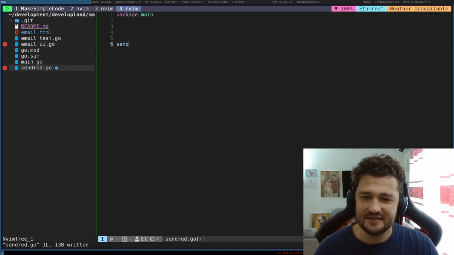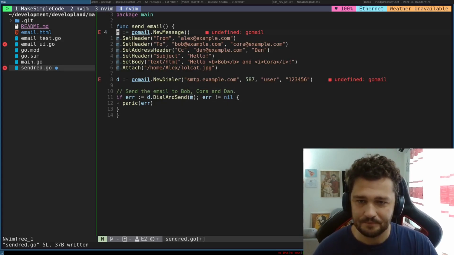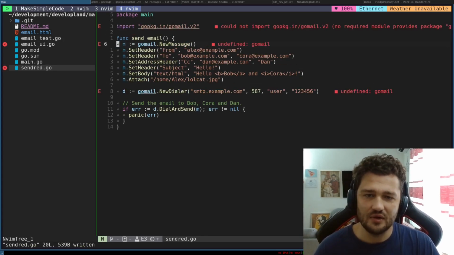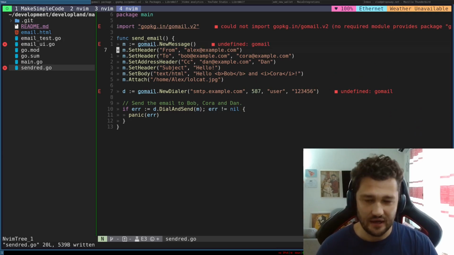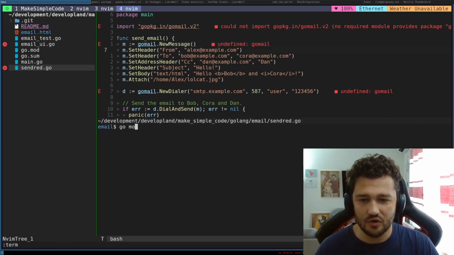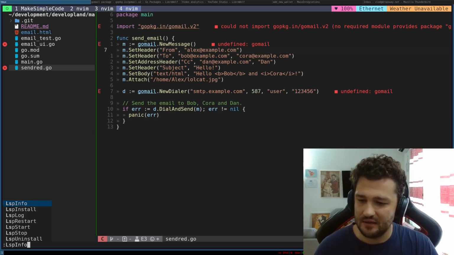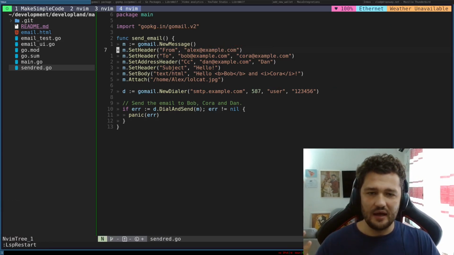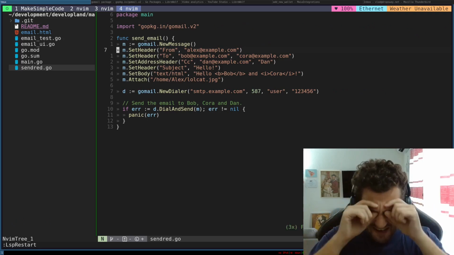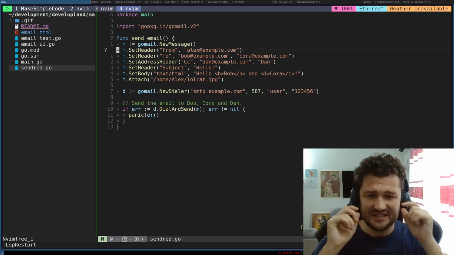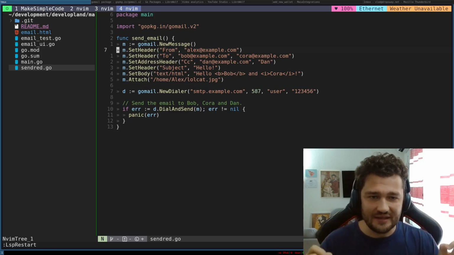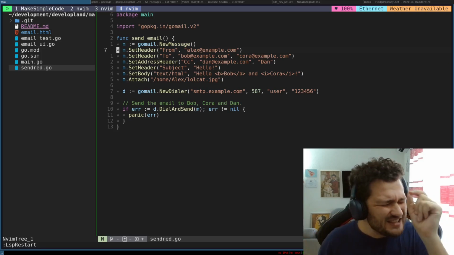So obviously I need to do func SendEmail, like this. And yeah, just paste this, okay? I'm going to save it. Okay, yeah, great. I don't have this in this project, so go mod tidy. And let me restart the LSP. Done. You see, 99% of the time go mod tidy works, but this 1%,